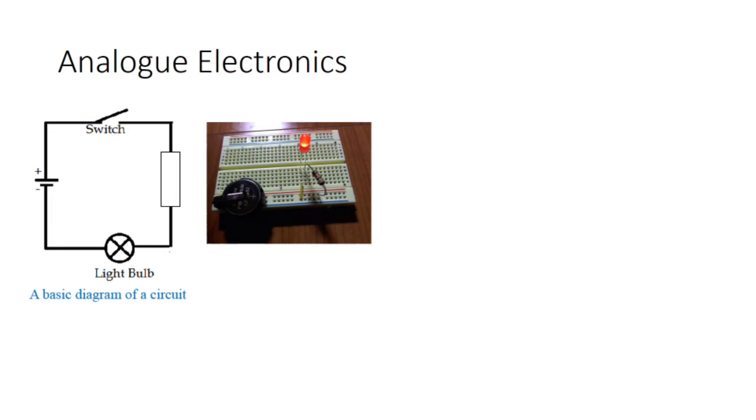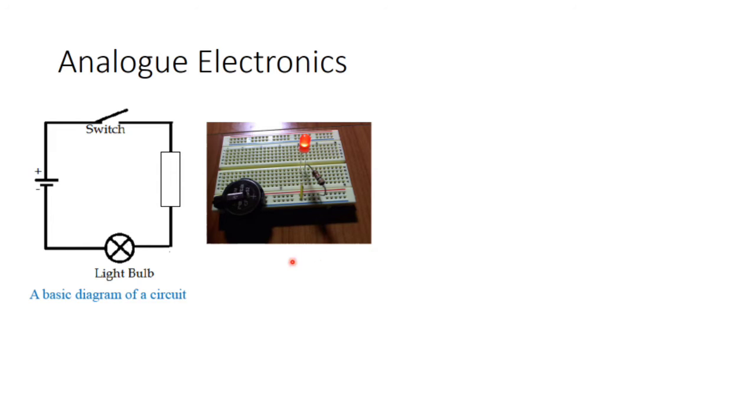Basically, there are these different types of components here. You can see this rectangle on the left hand side here. I'll get a laser pointer. This one here is a resistor, and you can see it's a picture here as well. You can see the little device there. It'll help to control the circuit. You've got your bulb or the lamp. It's not a battery, it's a cell actually, and we've got a wee switch in this one. This isn't exactly the same, but it's just an example of analog electronic components in a breadboard that's used to